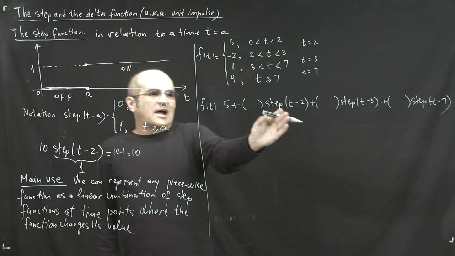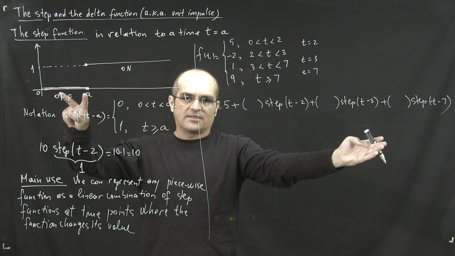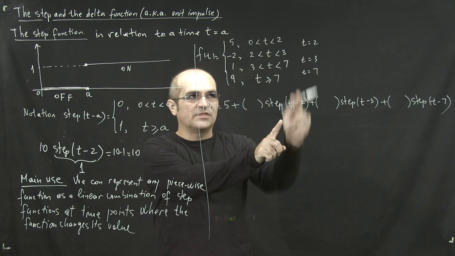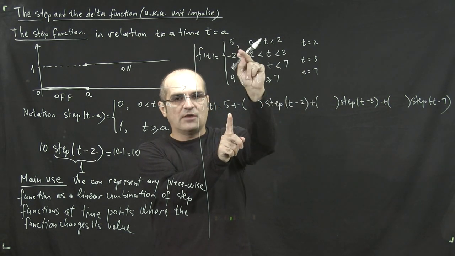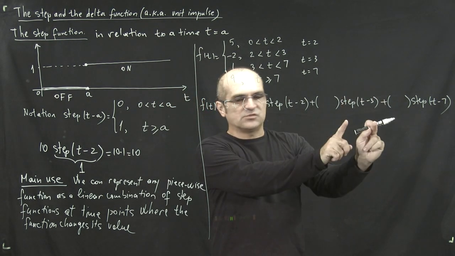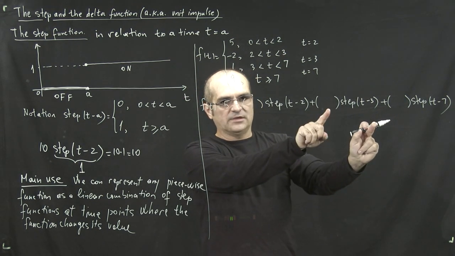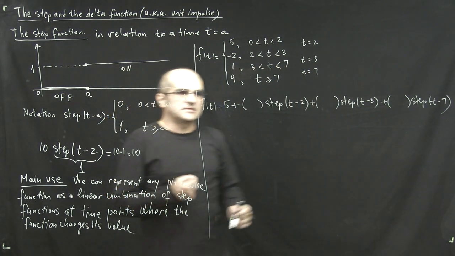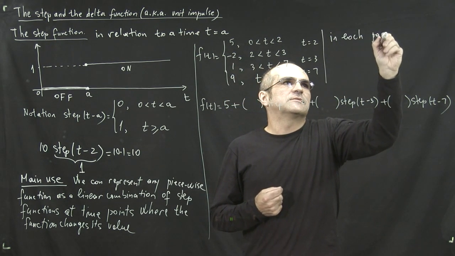So remember, up until t equals 2, these functions return 0, right? So they do nothing. As soon as t equals 2, this turns on and becomes 1. So at that moment, you want to kill the previous value, 5, and put the new value, minus 2. As you move on, and when t equals 3, this becomes 1. You want, in this coefficient, to kill the previous value, put the new value in, and so on and so forth. So all you do in each parenthesis, let's write it down here,